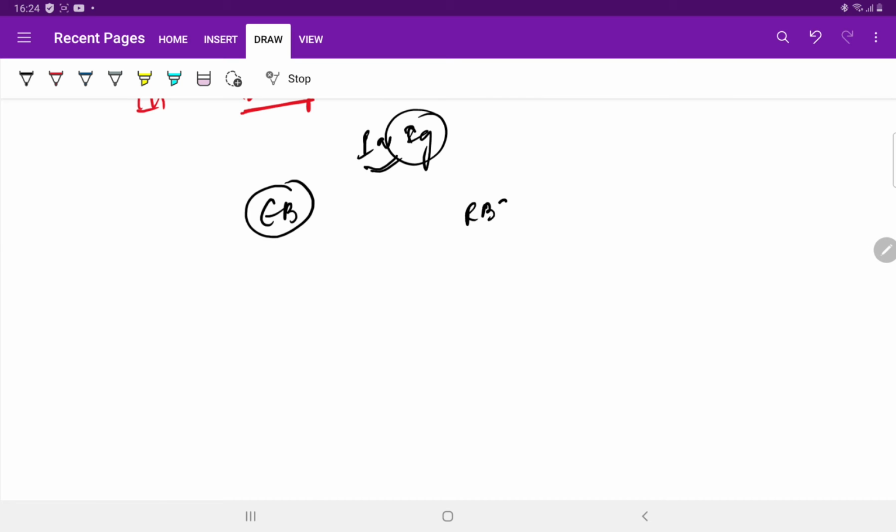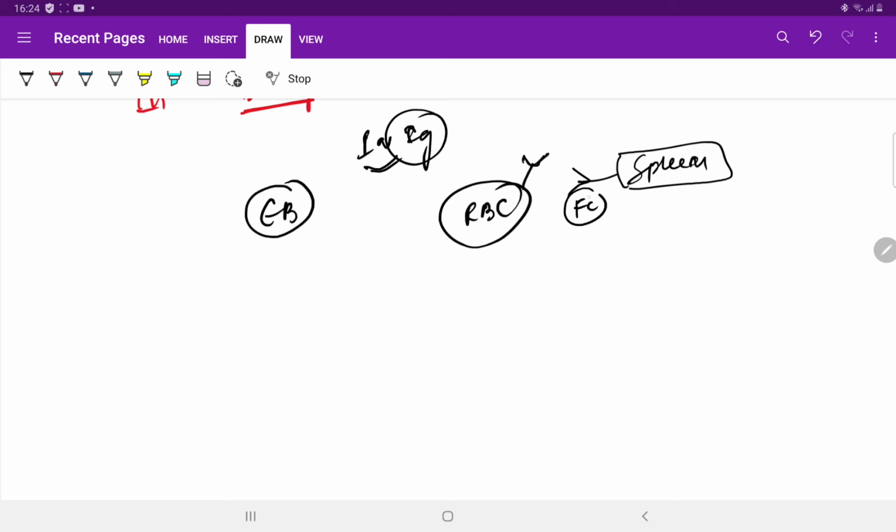The antibody is coated over the fetal RBC, and then it goes to the spleen, where it binds with the Fc receptor of the spleen, and it gets hemolyzed,